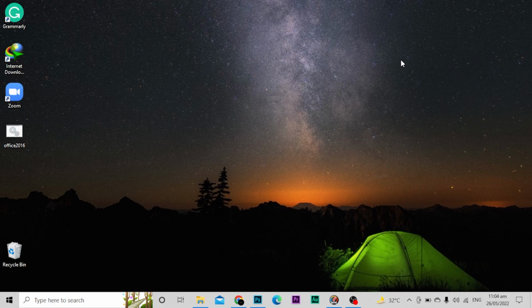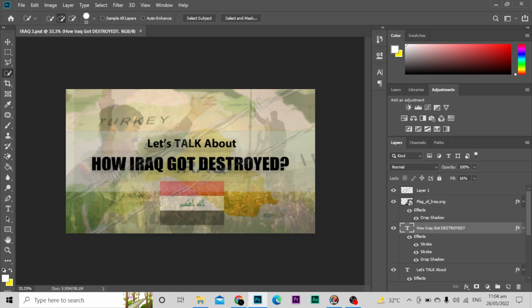How to create a PDF in Photoshop. Now first of all, I'll open Photoshop, and as you can see, this is the picture which has multiple layers here. Now first of all what I'll do is I'll simply go to this option